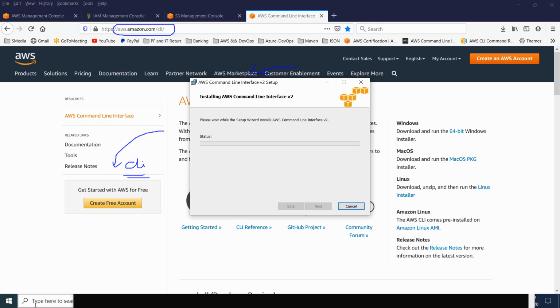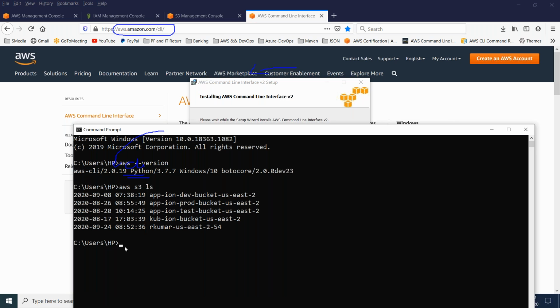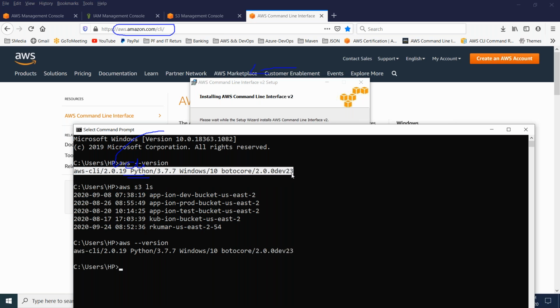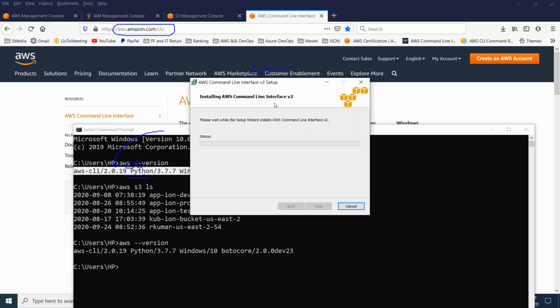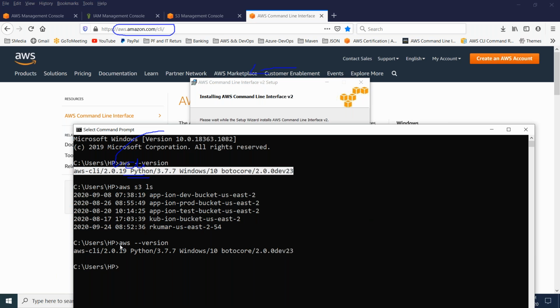So once this process is done, open up your CMD and confirm it is working. What you need to type is aws --version. If you are able to get a response similar to this, not exactly similar, that means your CLI installation was successful. But in the coming session, I'm going to show you the connection,